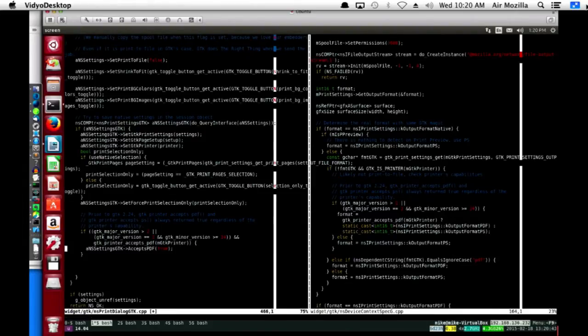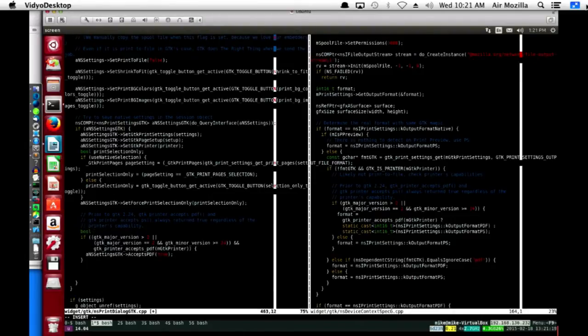Actually, I wonder if it'd just be better to put this whole condition. The result of this big Boolean will match what I'm putting inside accepts PDF. I'm wondering if it just makes more sense to set ANS settings GTK accepts PDF to the value of all of this anded together, or ORed, and this. Actually, you know what? I'm going to try and improve the readability right now.